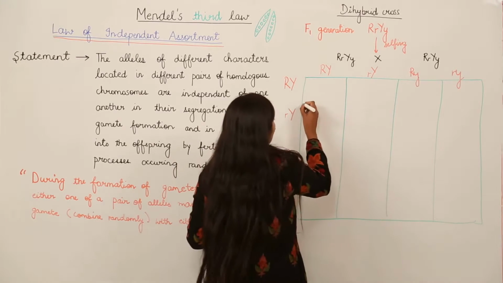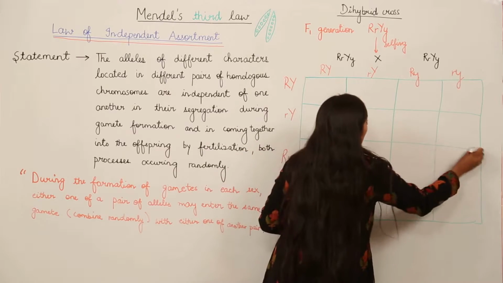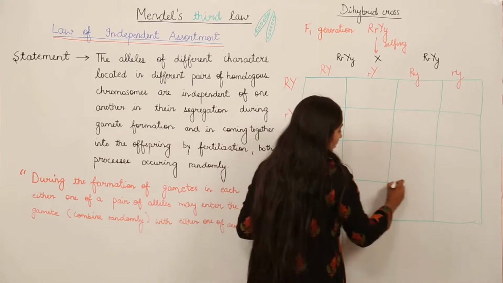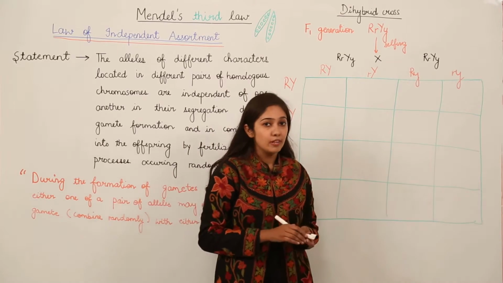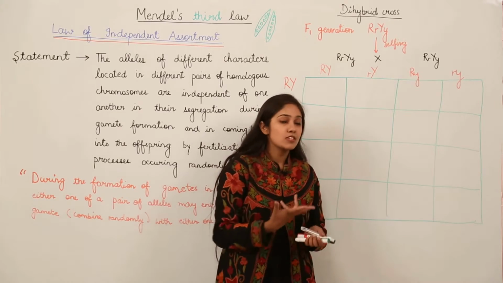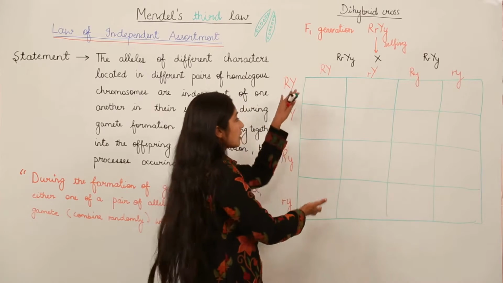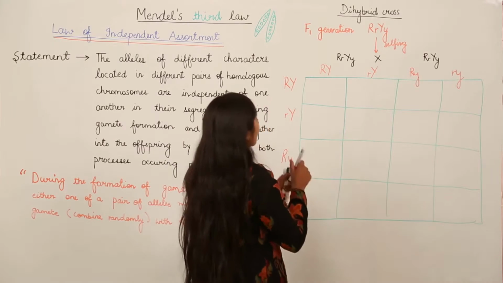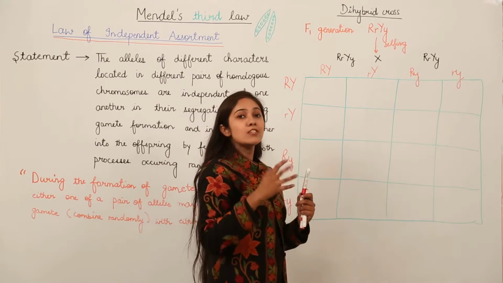So what is going to happen? We can have here 16 combinations. 1, 2, 3, 4, 5, 6, 7, 8, 9, 10, 11, 12 and 13, 14, 15, 16. This is a Punnett square. Remember, this idea was given by a scientist named Punnett, so after his name, this is a Punnett square. We are going to arrive at the combinations. Let's see what happens. We are going to combine the alleles for round seeds or wrinkled seeds first.